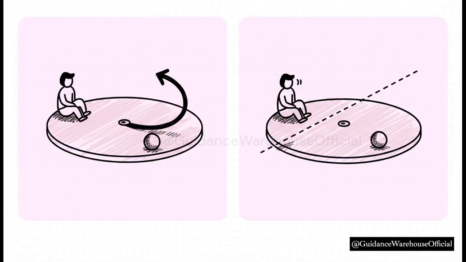Now, what's really interesting here is what the observer standing on the solid playground ground sees. From the Earth view, that ball goes perfectly straight. It never curves at all. What actually happened is that the merry-go-round rotated underneath the ball while it was sliding. Your friend on the edge physically moved out of the way. But because you are spinning with the ride, you perceive a curved path.